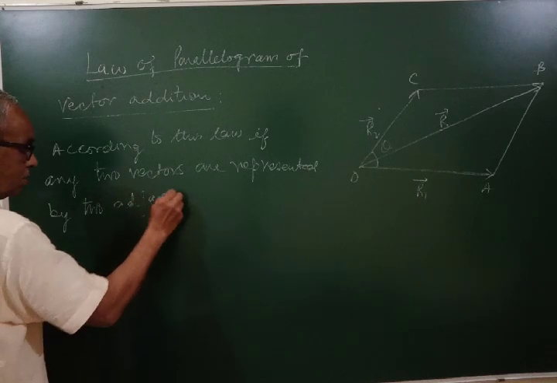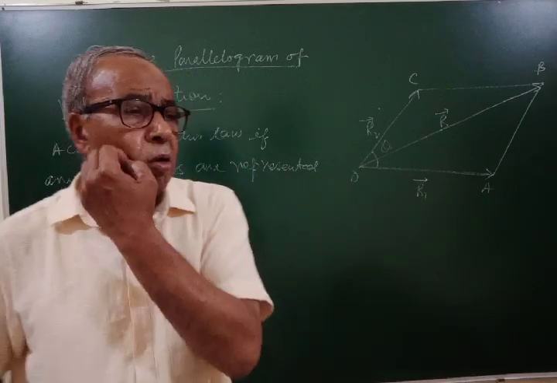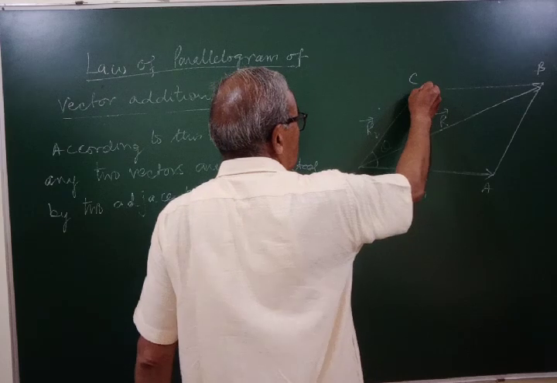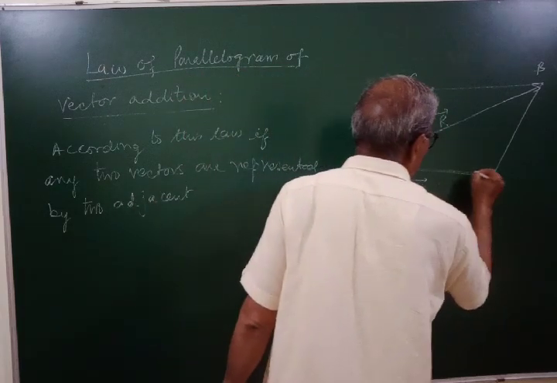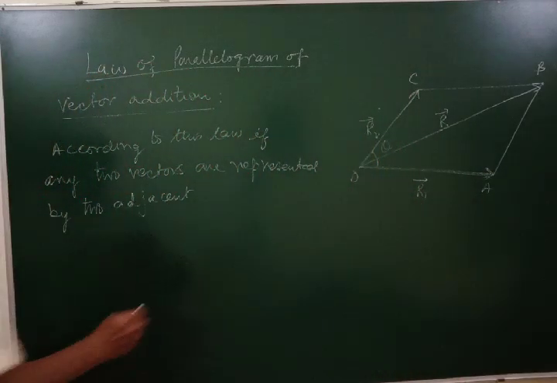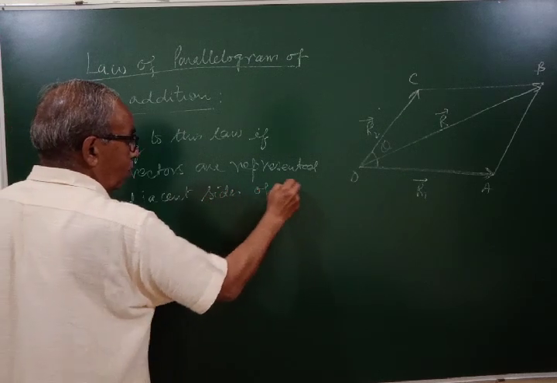Adjacent means a vertex is common. The word adjacent is very commonly used. When something is common to two, they are called adjacent. Two or three, whichever, but something is common to them. Two adjacent sides of a parallelogram,